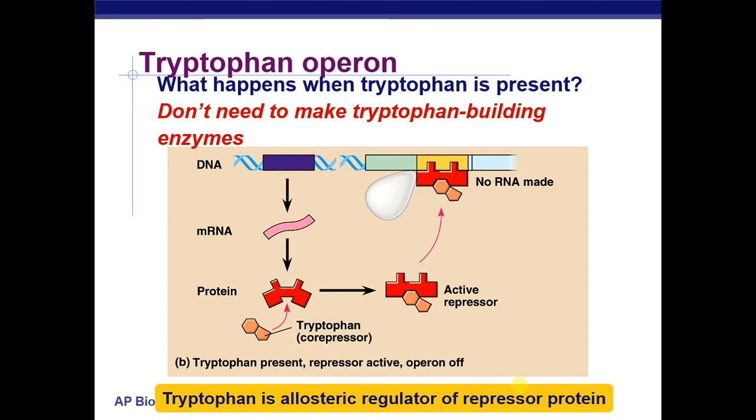So here is another way of looking at the same idea. This is a picture that's used in your book, and it's just saying kind of the same thing. Okay, the repressor protein is always present, and tryptophan, which we call the co-repressor, is what activates, turns on the repressor in a repressible operon. When present in high quantities, it is able to activate the repressor and prevent RNA polymerase from binding.